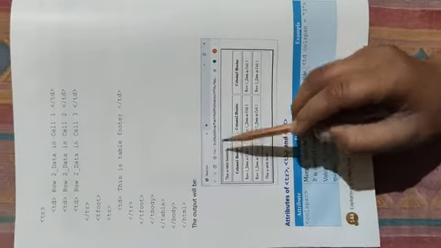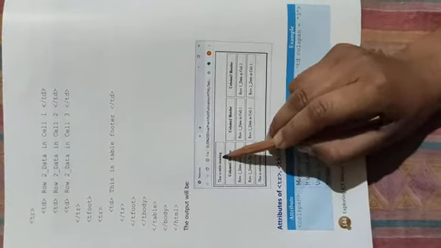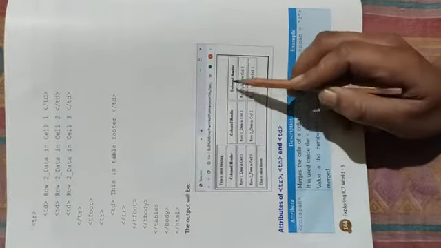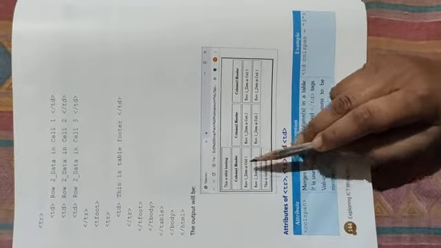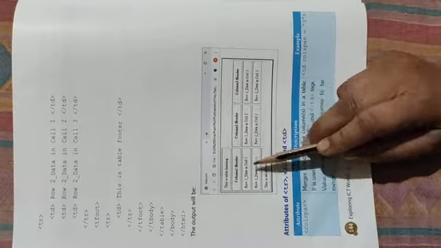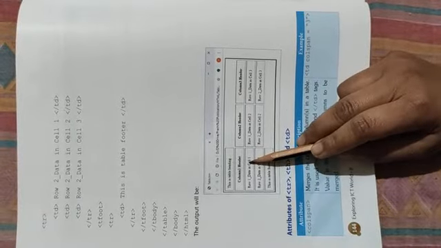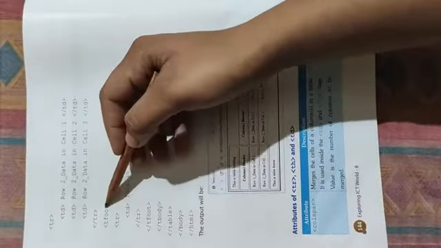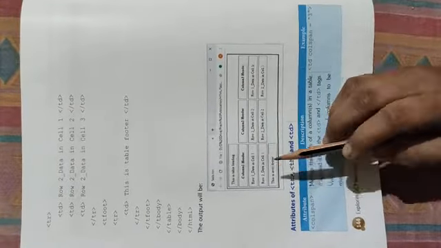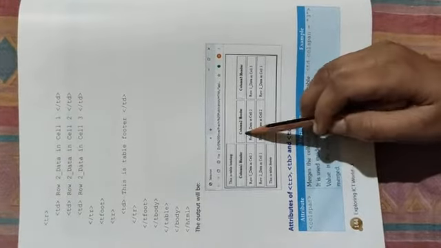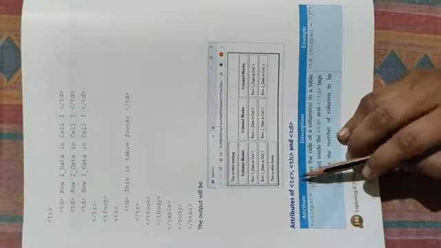This is the T head. Okay, this is the table heading. Okay, now this is column 1, this is the heading of the table, that's why it is shown in bold. Okay, and this is the row and this is the cell content. Okay, and this is the table footer, the output of the T foot. This is the table footer, so this is the T foot. Okay, and this is the T body. Understand?